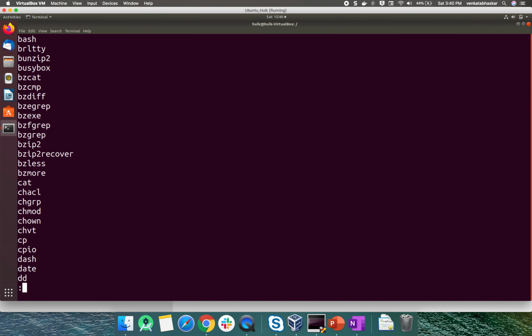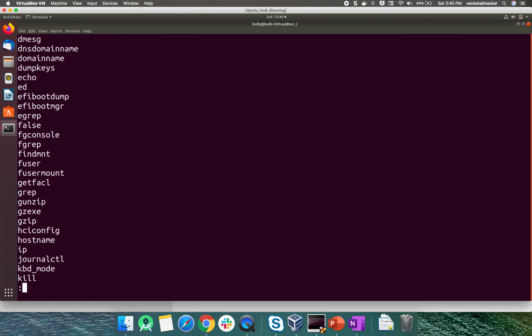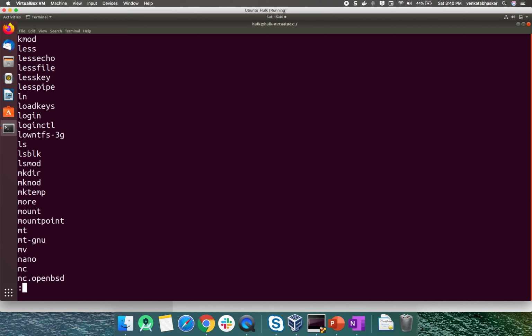If you want to go forward, you can press D, or the spacebar also works.